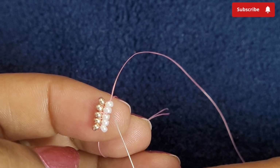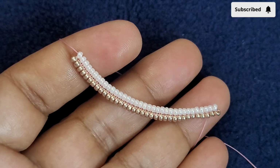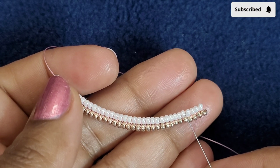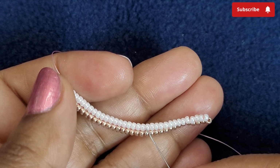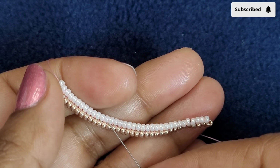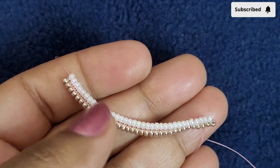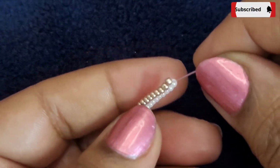So we are going to make the chain with 35 pairs. Here I have added 5, I'll be adding 30 more and come back. So here I have completed my chain with 35 pairs of 11s. Let us just count 2, 4, 6, 8, 10, 12, 14, 16, 18, 20, 22, 24, 26, 28, 30, 32 and 3, 35. So here is our 35 pairs in our herringbone chain, and now I'm going to make a